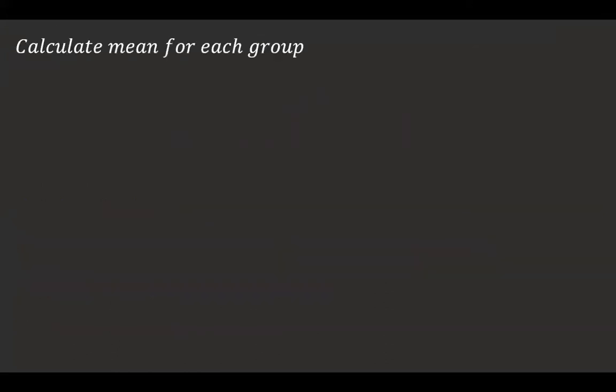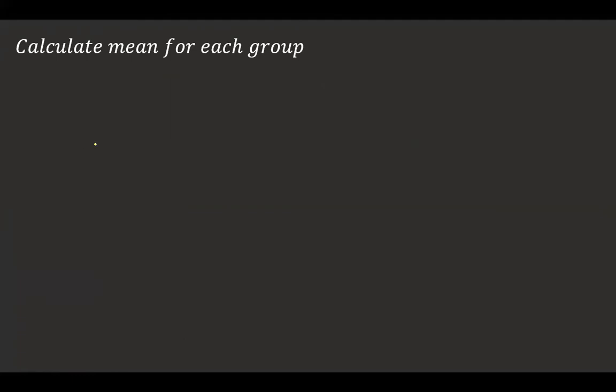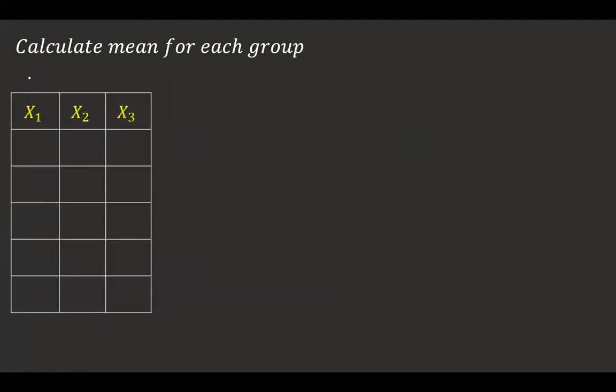So how to proceed? First of all, we have to calculate the mean for each group. 3 groups are given. Here we are going to calculate the mean for each group. For clarity, I have given 3 things in 3 colors so that you can remember. So this is group 1, this is group 2, and this is group 3. You can have it as x1, x2, x3, or if you want, you can have your own way of g1, g2, g3 also. I have taken x1, x2, x3 for clarity.